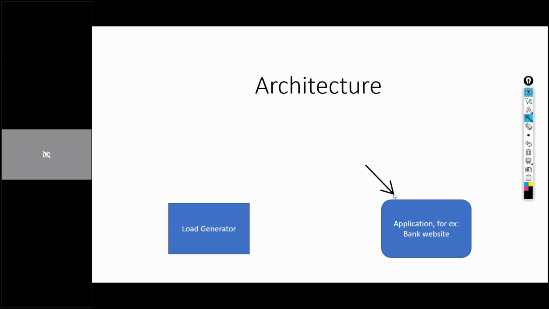Okay, like how we developed just now, how we recorded the flow. In a similar way, we have to develop some scripts. So for that, we need one component to develop scripts for those actions. That component is called Vusion, the virtual user generator, which we have seen just now. This component is responsible for developing the scripts, recording the scripts, or enhancing the scripts.